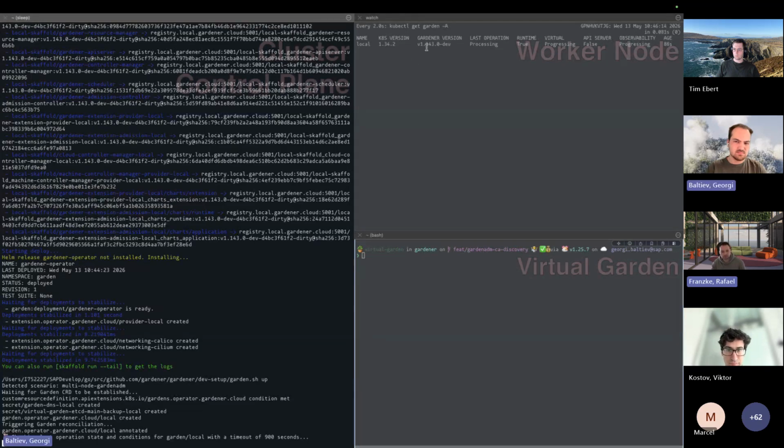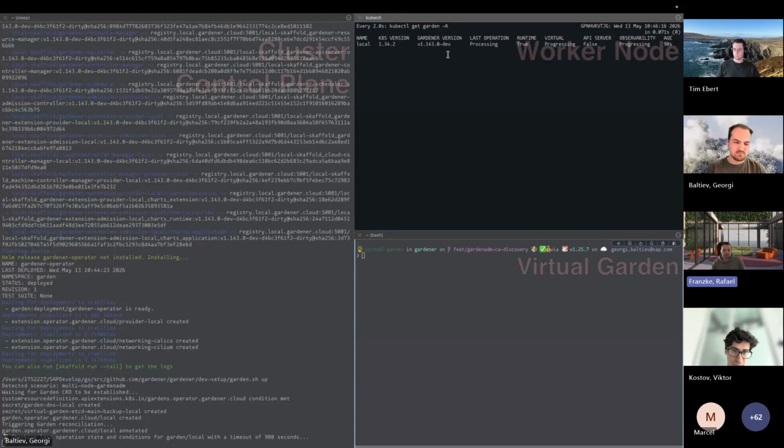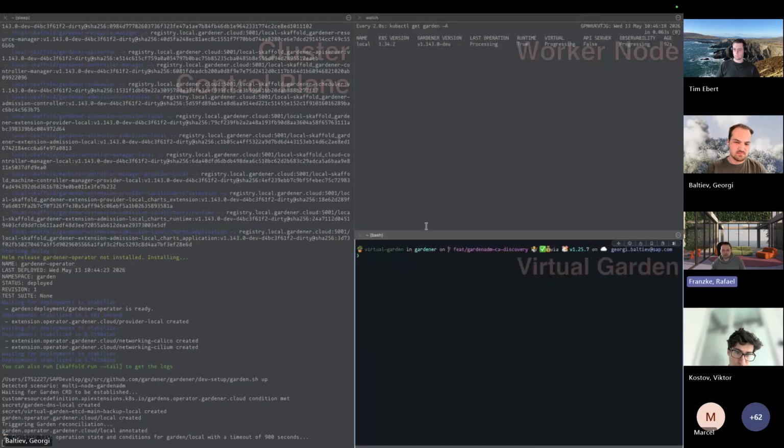Because we also have to deploy the API server and so on. Maybe we should skip this part in the interest of time, because it works similarly to the join thing